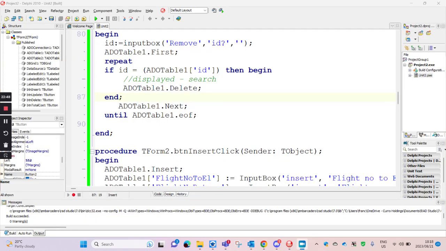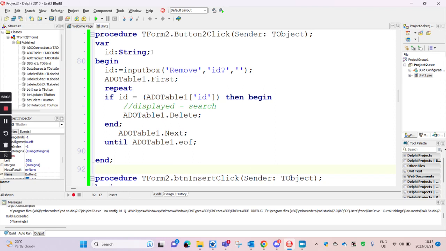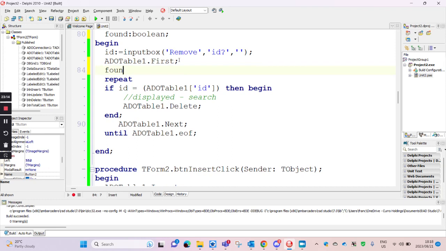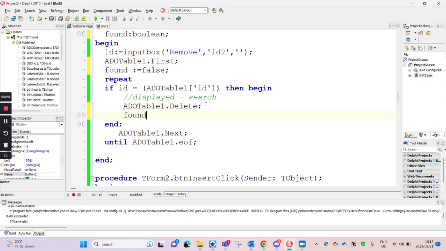All right, so that's a good question. Does the repeat loop carry on even after it's found? And the answer is yes. You could see that the counter or the cursor still went right through. So obviously this is a conditional loop. You can make it a little bit better if you want to, by maybe creating another variable, found, of type boolean, and then you can initially say found is false if you haven't found it yet, and then once it's found, inside that if we can make found true, and then you can say until end of table